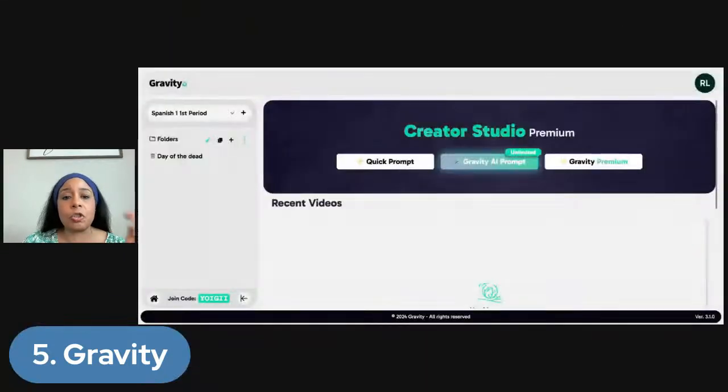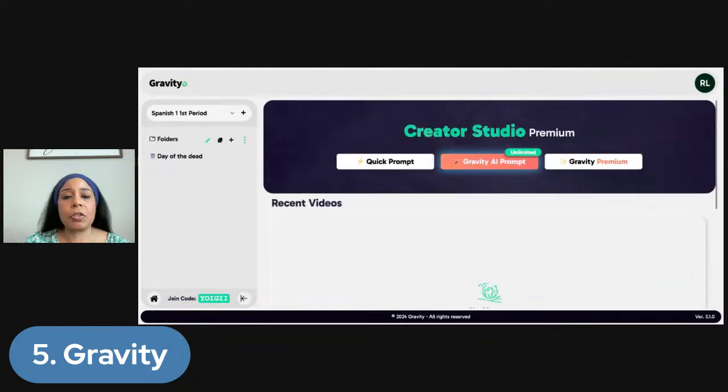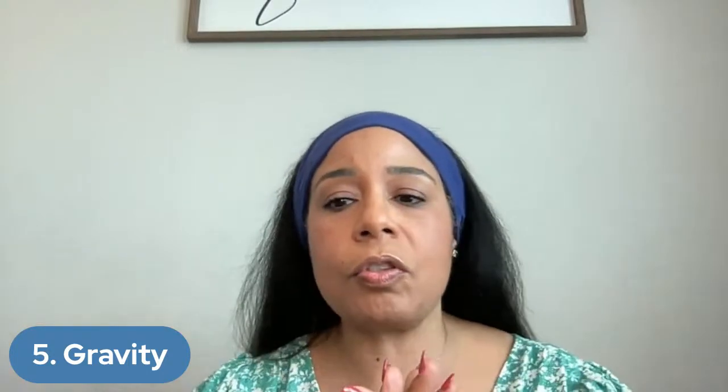You can attach PDF files, attach videos, and have the students talk and collaborate. It is amazing. I'm going to show you how to use this tool in a little bit. I have the paid version just so I could show you all the features. So those are the 5 tools.